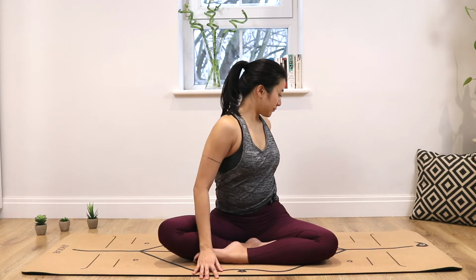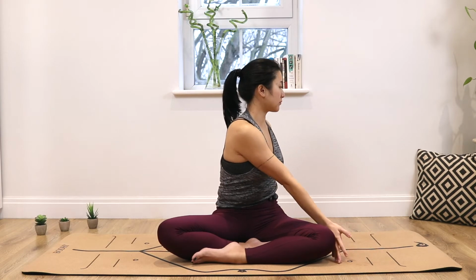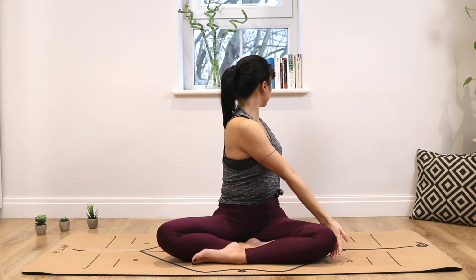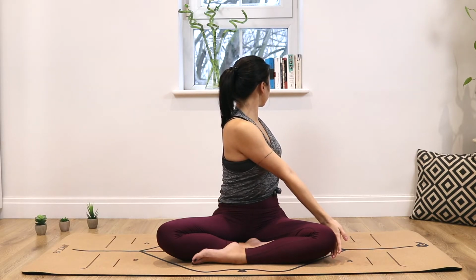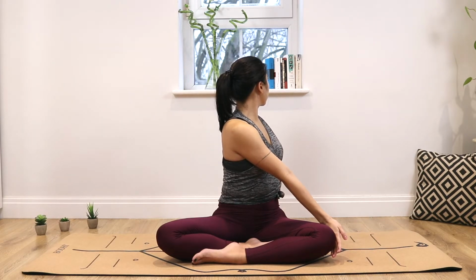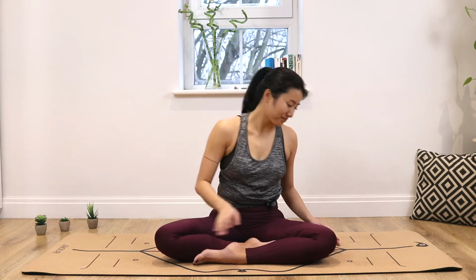Same thing on the other side. Place the left hand to the back. Right hand outside of the left knee. Inhale, extend the spine. And exhale, twist towards the back. Your breath is like waves in the sea. An infinite pattern of inhalations and exhalations. Now come on all fours